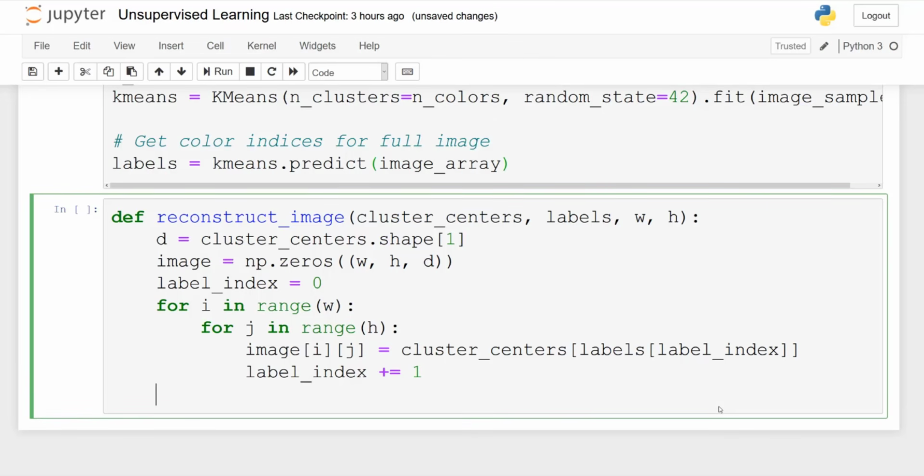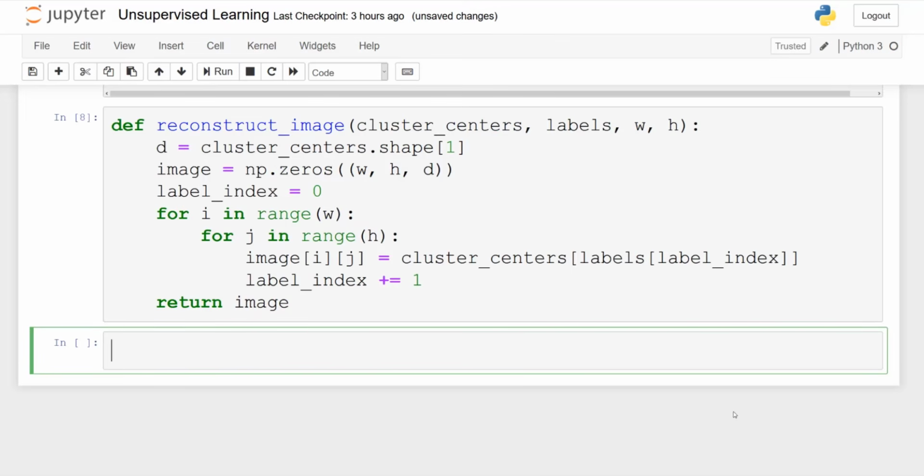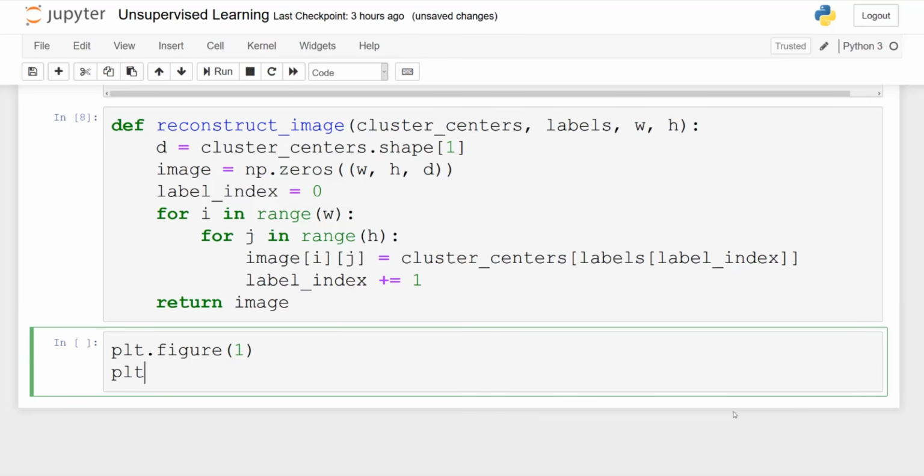And then we increment the label index, so plus equal 1. And finally, we return the reconstructed image. So that's it for this function.